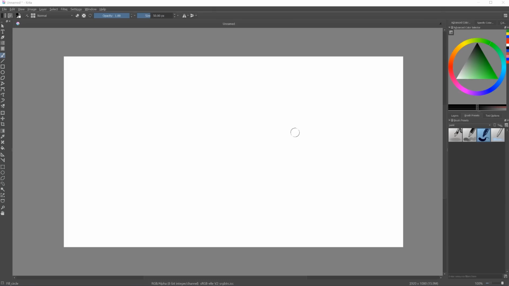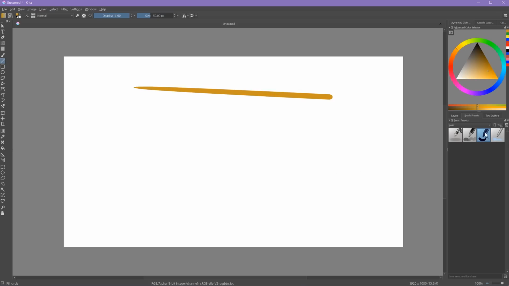So if you don't have a drawing tablet, there's also these geometric tools over here that you can use to help you draw. So there's a line for a straight line, a square, a circle, a polygon, and a whole bunch of other tools to use. So when you select one of these, let's say we select the line tool, it will use the properties of whatever brush you have selected.